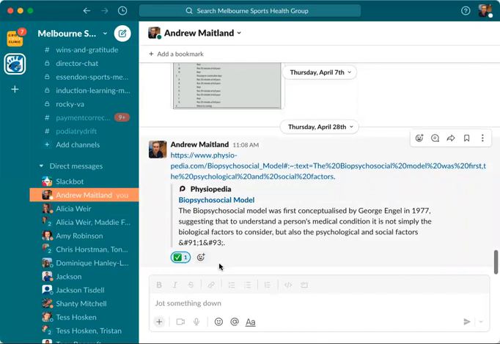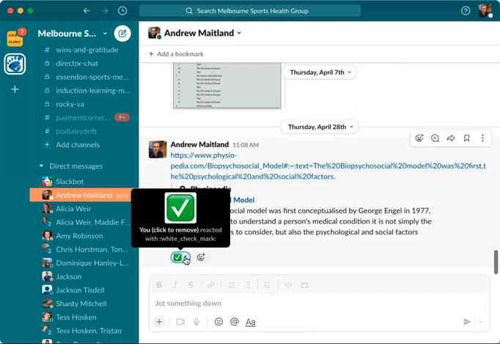As long as there's some form of acknowledgement, that means that if we put up some information, whether it be an announcement or something important that we need to make sure that you've seen, you just acknowledge it so that we can go back later and say, okay, everyone that needed to see that has seen it. Great. We can confirm and we know that everyone's got that information.